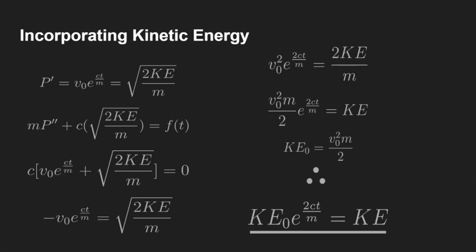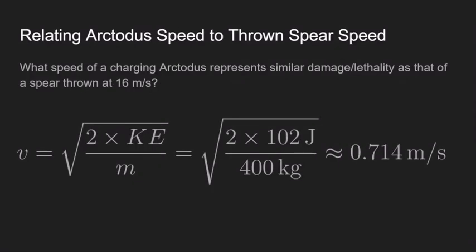We can then plug that back into our differential equation model, and we end up with the kinetic energy at time t equals our initial kinetic energy, which is v naught squared m over 2 times e to the 2ct over m. With this information, we can now answer the second of our three goals, which was